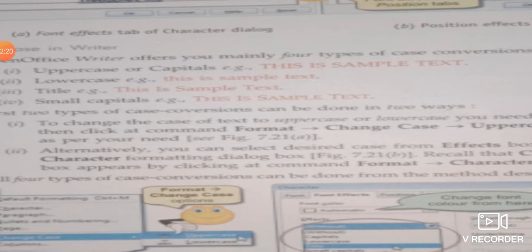Next, the fourth type is small capitals. Small capitals means in this format you will find all the characters in capital, but the first capital letter will be a little larger than the rest of the word in a text. Okay, so all these types we can change just by clicking on the format menu.